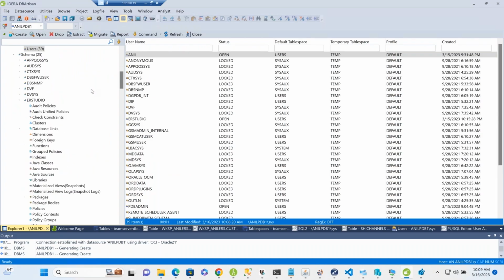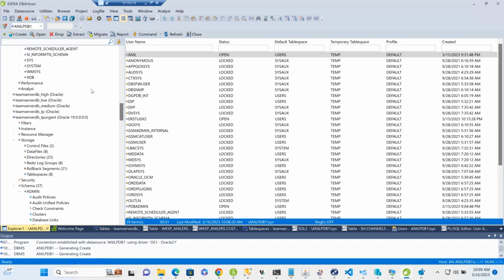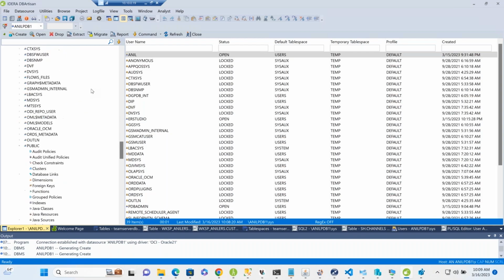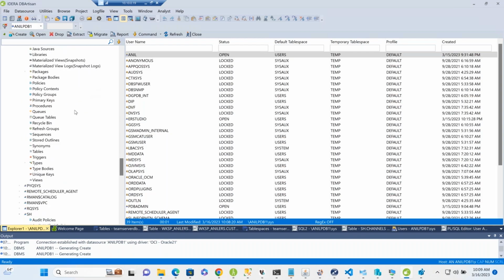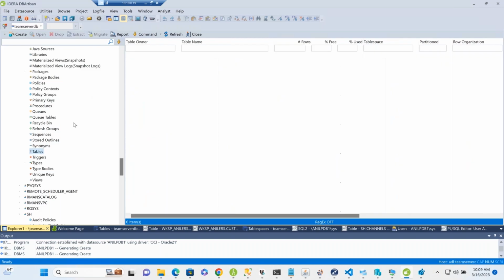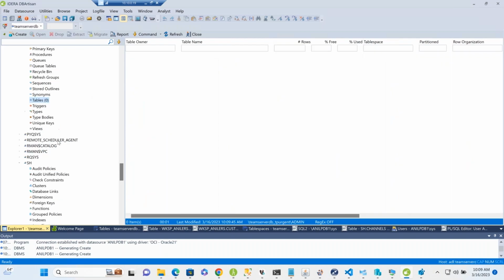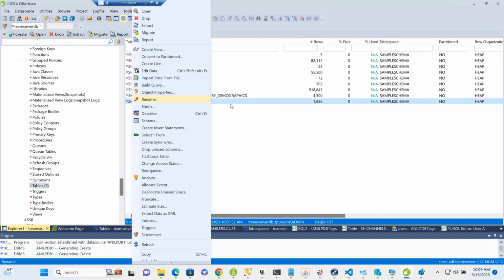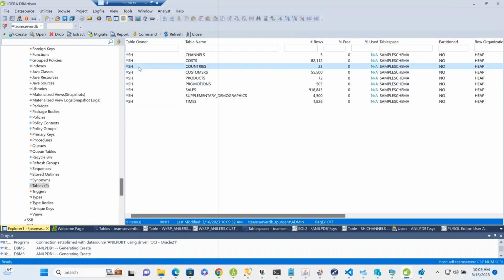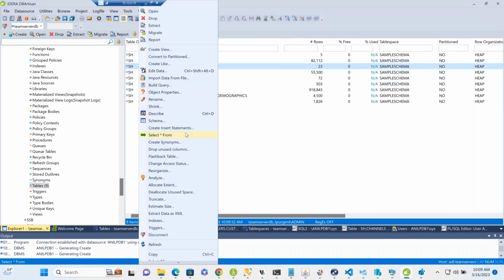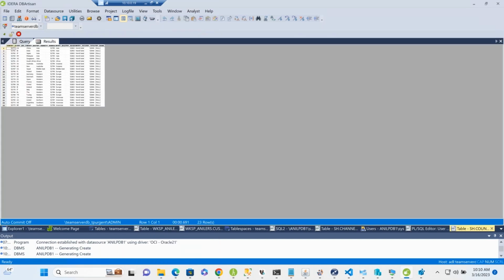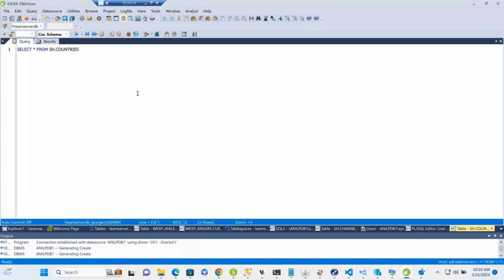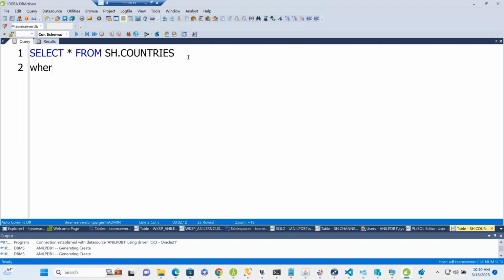Next, let's talk about how we can edit some of this data. Let me scroll down here. Here I can choose tables under the asset schema, and let's say I wanted to take a look at one of these tables. So I go ahead and do a select star from. Here you can see I have the benefit of leveraging this to my advantage. I can just say where,